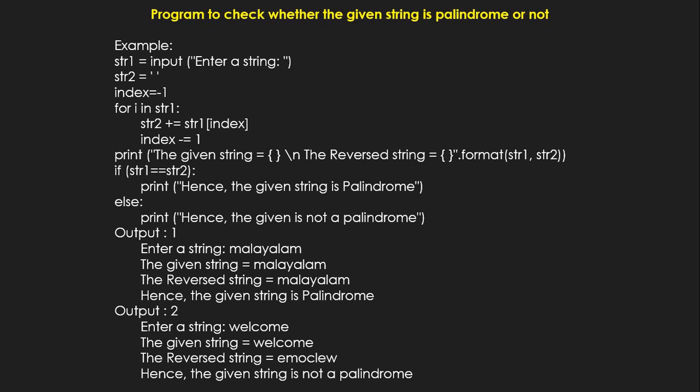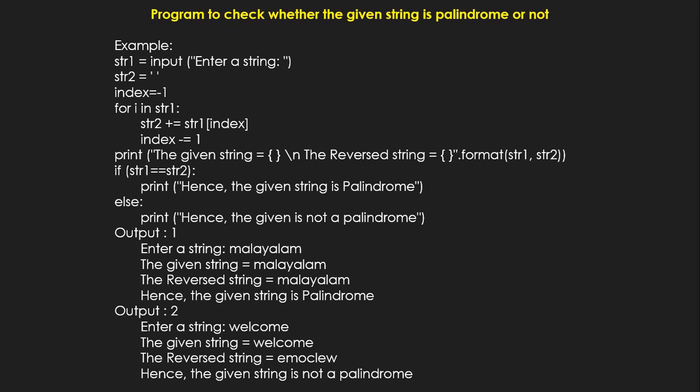See, this is a program to check whether the given number is a palindrome. All of you know what a palindrome is. Palindromes are those words which can be reversed, and if the reversed word and the original word are one and the same, then we call that word a palindrome. For example, if you reverse the word Malayalam, it again gives you the same word Malayalam. Then you know that the given string is a palindrome.